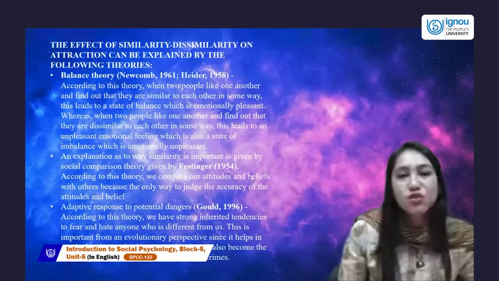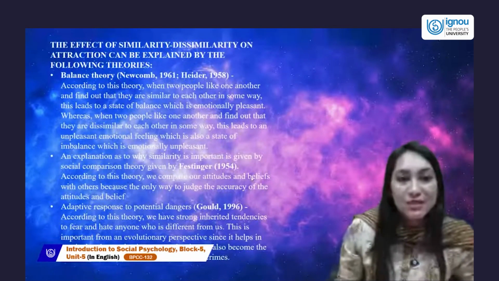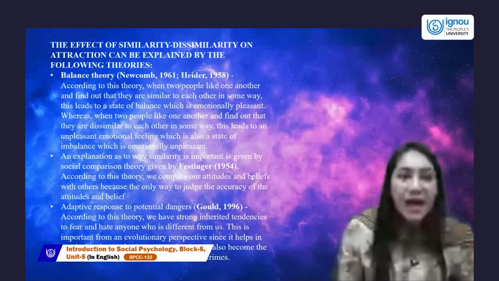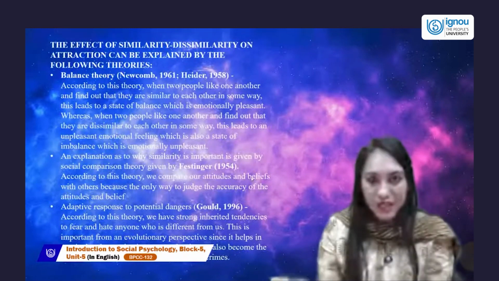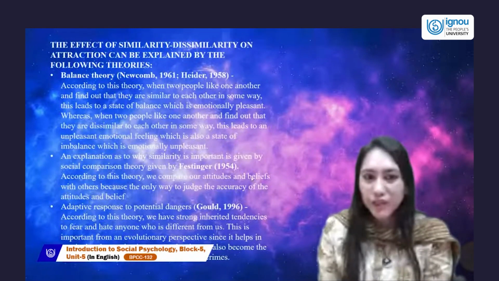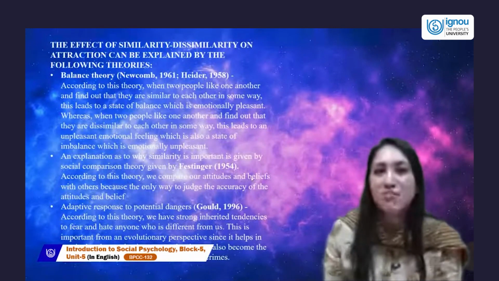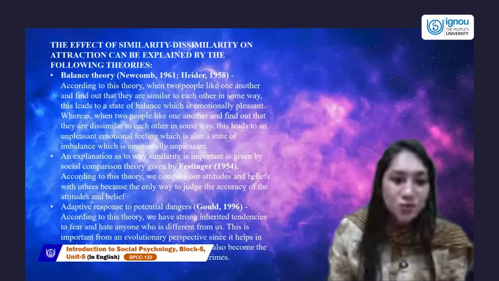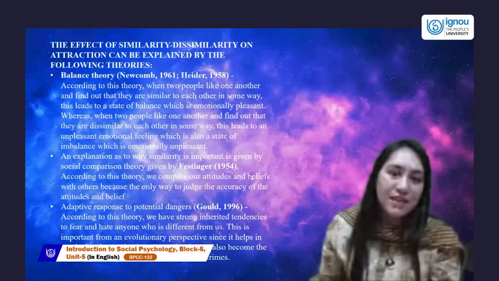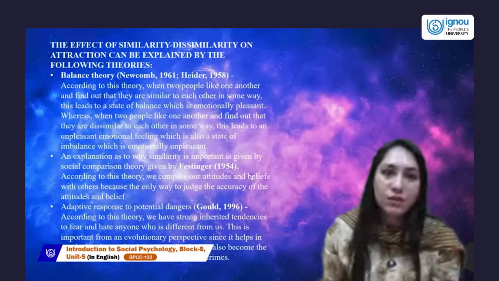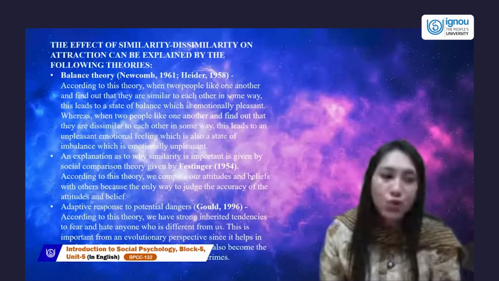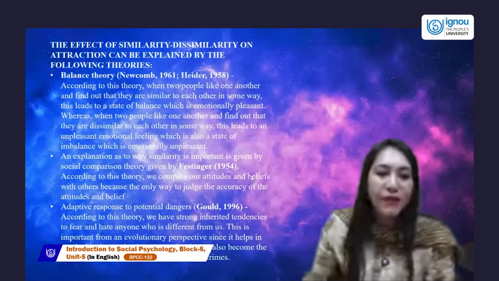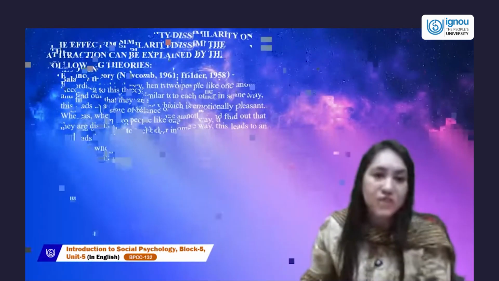This suggested that when two people like each other and find out that they're similar in some way, this leads to equilibrium. And if this equilibrium shifts, we tend to balance it, becoming emotionally pleasant towards the other people. That's why dissimilar people tend to fight and similar people tend to look towards one another. Also, when you plan to adapt to other circumstances and situations, that leads to interpersonal attraction to the other person.